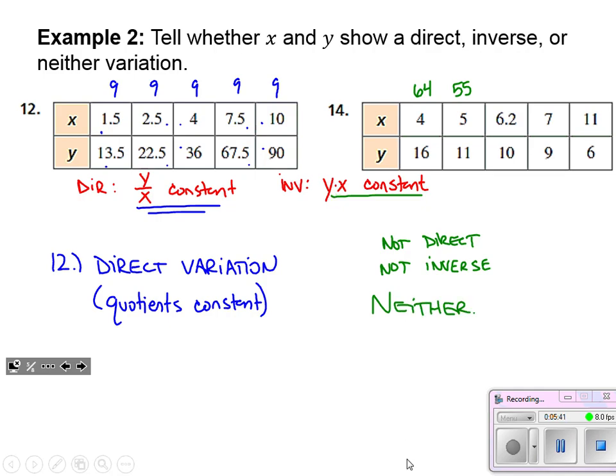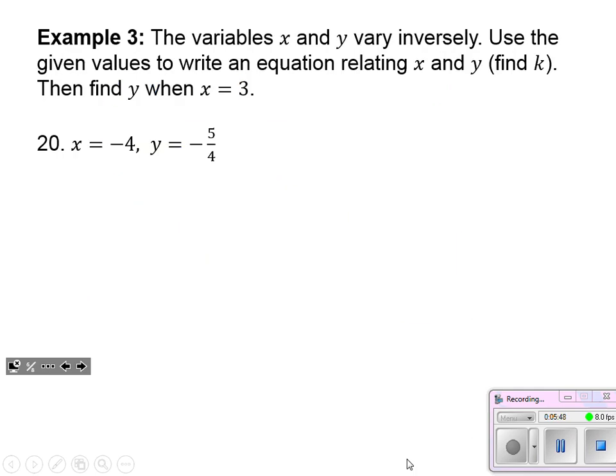So a pretty quick check, we may have to use the calculator just to run through some trials there and see what type of relationship we have. Example 3, this is one that I would probably put a star next to. For whatever reason, this is a very common type of problem. It's probably what I would consider the archetypal problem, the one that when I think of variation problems, this is the type of problem that comes to mind.